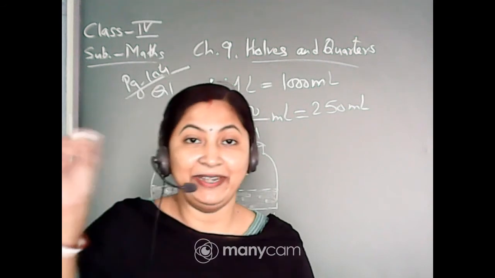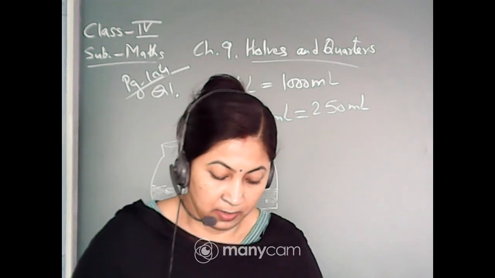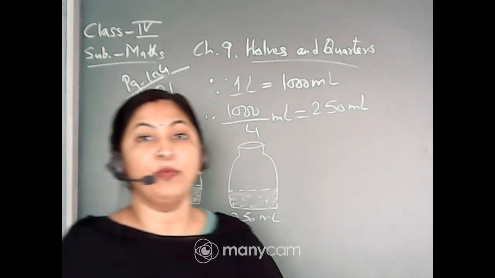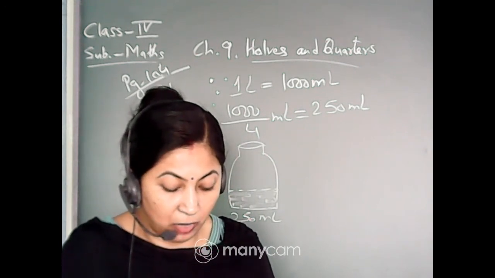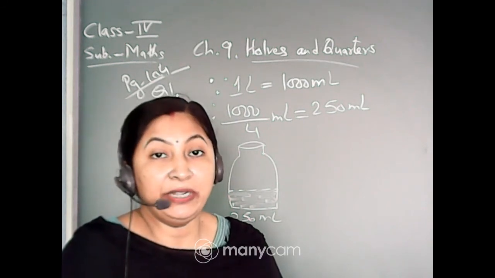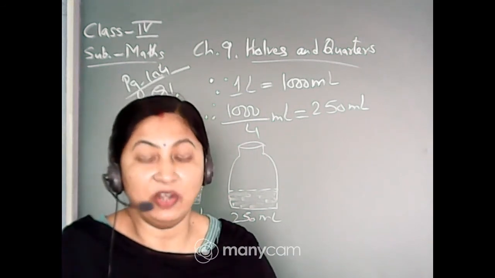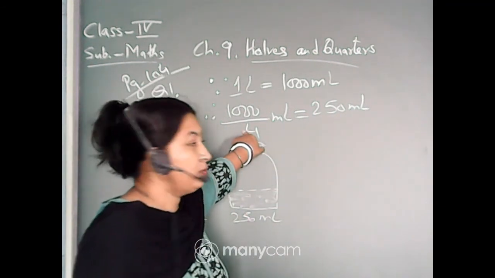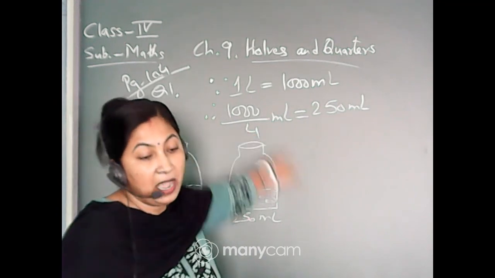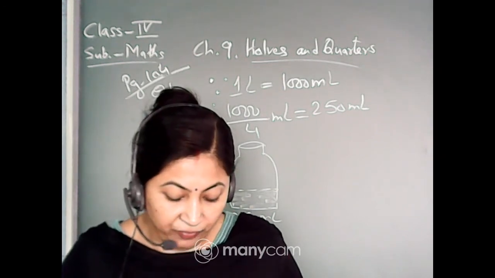So just shade it in the book that 1 liter is being transferred to the 4 bottles and its measurement is 250 ml. Now remember, 1 liter is equal to 1000 milliliters. How many milliliters of milk does each bottle have? So there you will write 1000 by 4 is equal to 250 ml. This equation you will write in the book, that 1000 by 4 ml is equal to 250 milliliters.